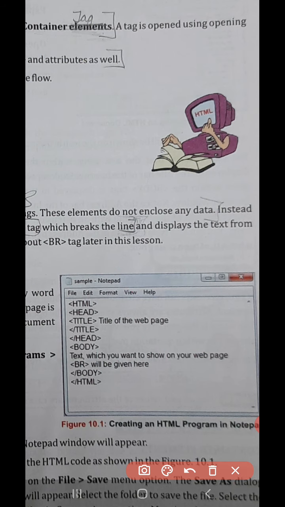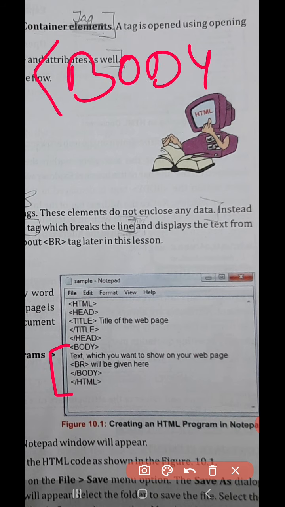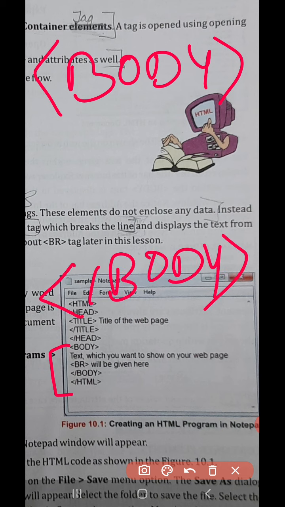This portion is called the head of the program, and it is hardly 20% of the coding. The rest of the coding is done between the <body> and </body> tags. So the <body> and </body> tags contain the rest of the 80% of the HTML coding.